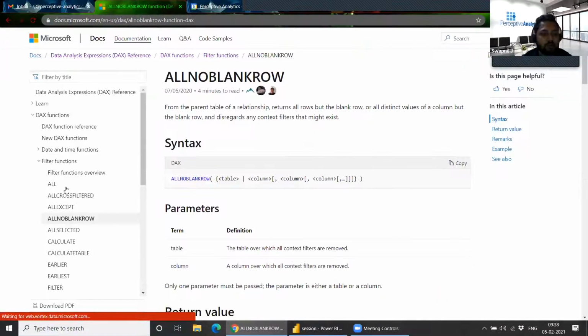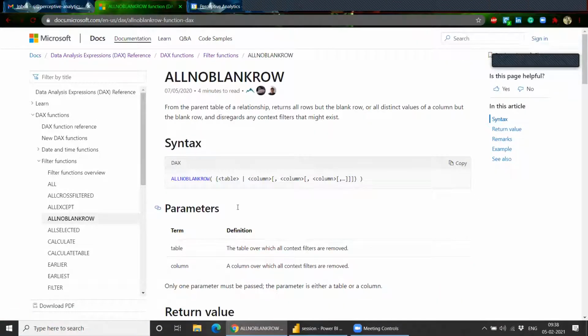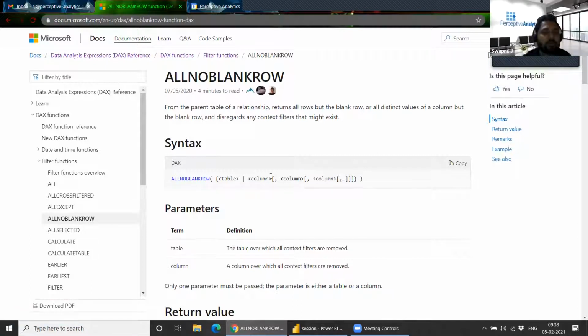Then we have ALLNOBLANKROW. Are these DAX functions a kind of measures? No. These DAX functions are used when you create a calculated column or calculated field. Like in Tableau, where you can write your own measures or calculated fields, the same way we can write in Power BI, and these functions are used when writing those.